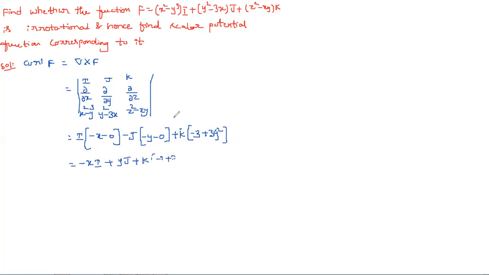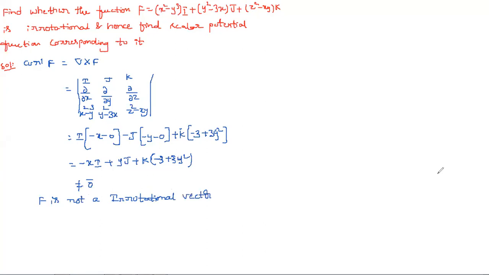So what we require is that for irrotational we need to get 0, right? But did we get 0 here? No. So simply we got a nonzero function, which is not equal to 0 bar. Therefore f bar is not irrotational. F is not an irrotational vector. If it is not an irrotational vector, there is no need to find anything here. If it is irrotational, then only we'll find a scalar potential function, right? So simply you can leave it like that.